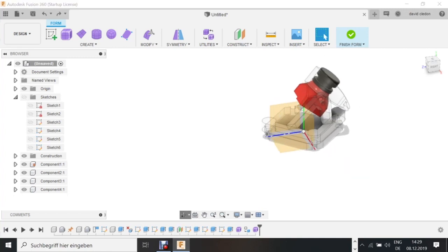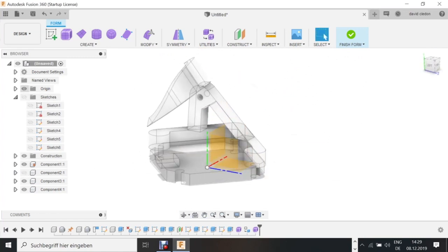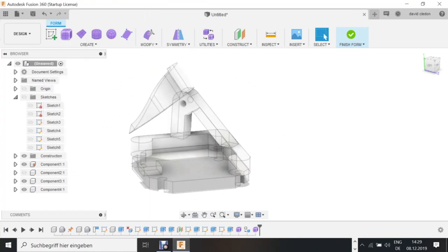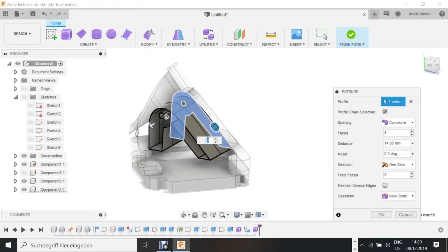All right, so first thing I'm gonna do is remove the cam dummy, because it's just gonna be distracting. I don't need the origin either. This is a lot of trial and error, so I'll fast forward some parts of this video where I'm just playing around and try to just walk you through the most important steps. First thing I'm gonna do is just select this cam mount shape here and extrude a 40mm